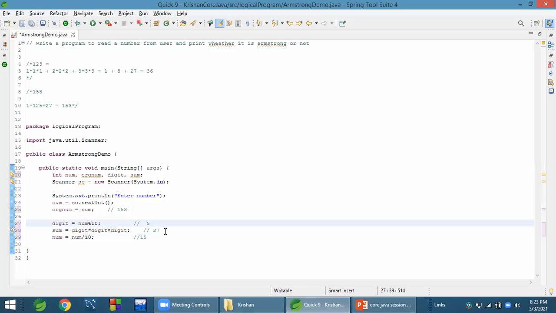Then sum equals digit into digit into digit. Here we will do sum equals sum plus digit into digit into digit. First it should calculate the cube of the digit, then add it.